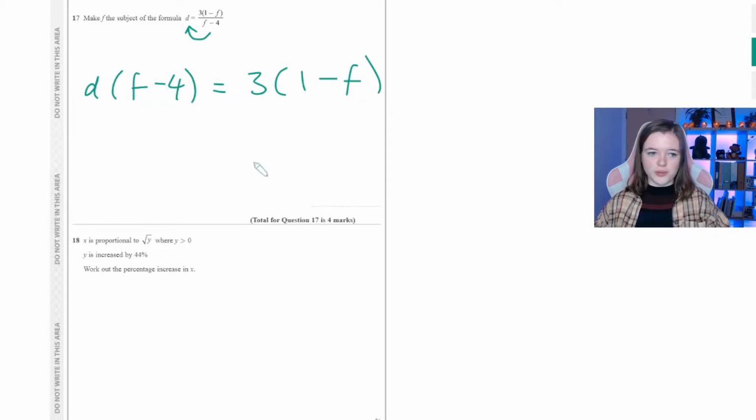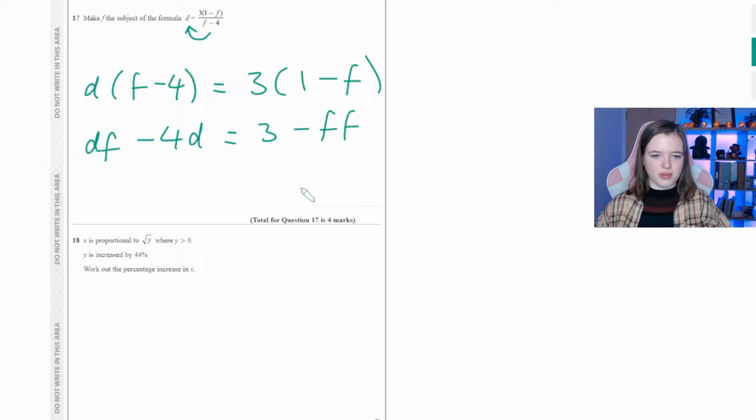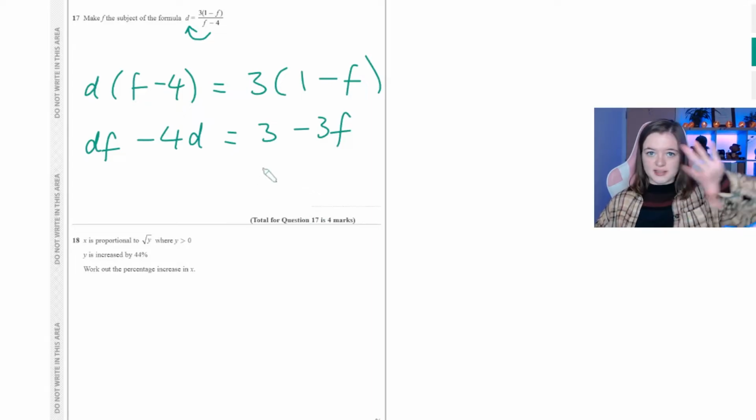Let's expand all those. So then I'm going to have df, or fd, the order doesn't really matter, minus 4d is then equaling to 3 minus 3f. Oop, that's not 3f, that's ff. 3f. Grand. Then I'm going to get all the f's on one side and everything else on the other side,